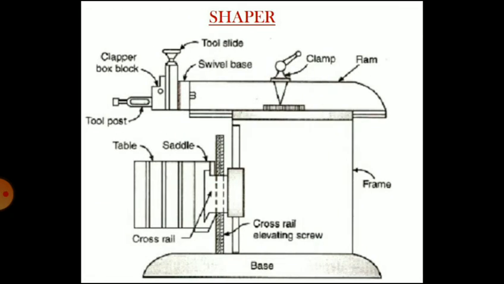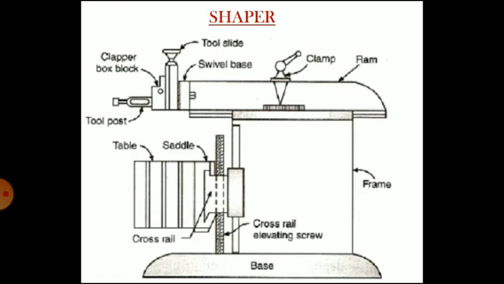This is a diagram of a shaping machine. It is a horizontal shaper. Right from the bottom, it is a base. On the base there is a frame, also called a column. On the column, the table is mounted by the use of an elevating screw so that the table can be moved in an upward or downward direction with the help of the cross rail. The cross rail is a part that is mounted on guideways provided on the front face of the column so that the cross rail can be moved in an upward or downward direction.